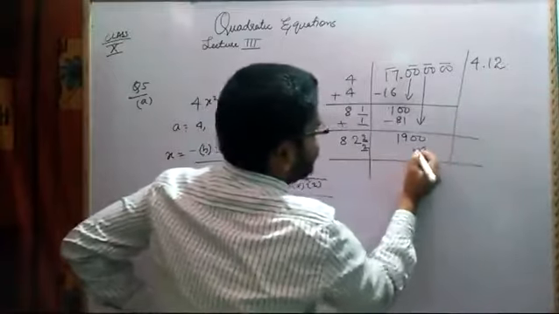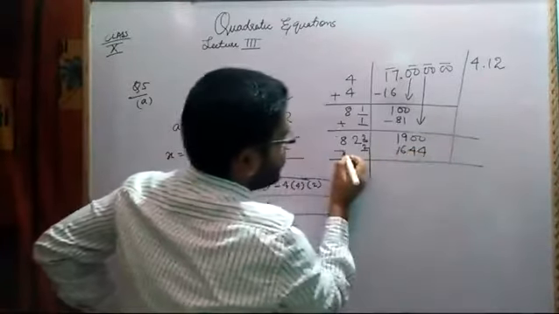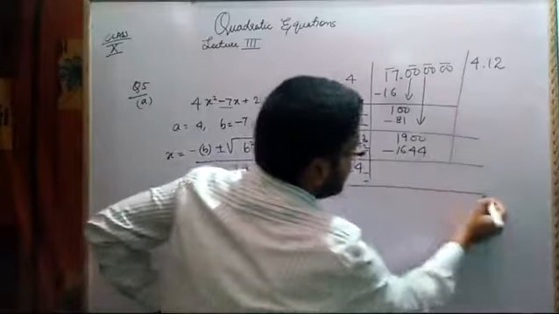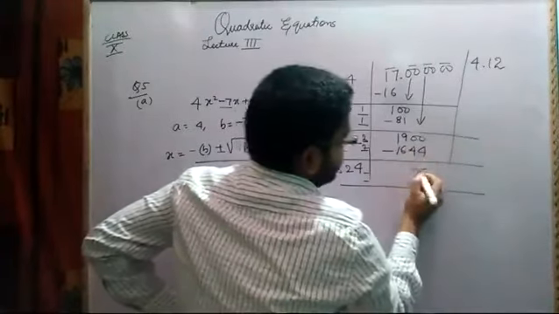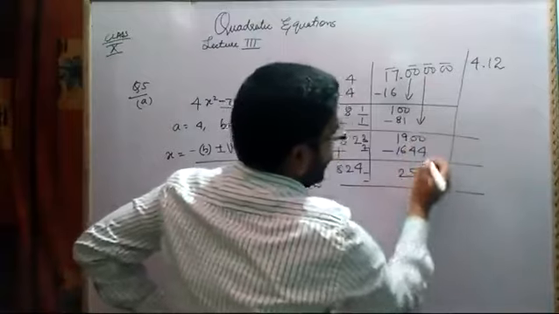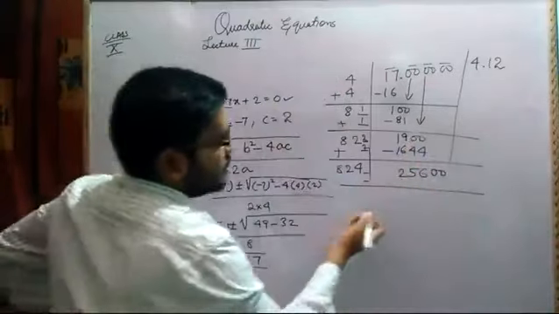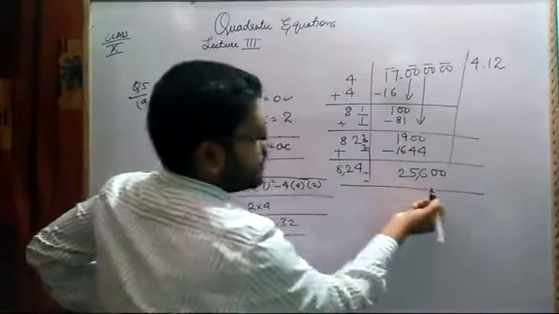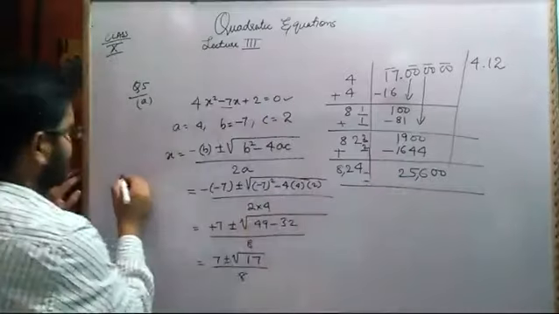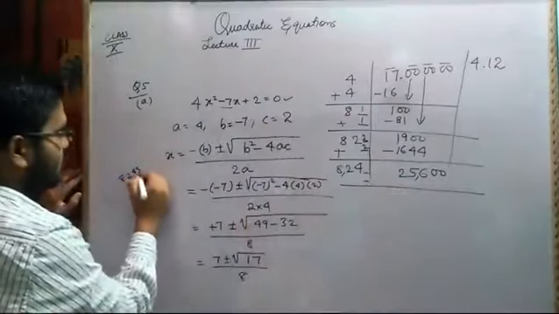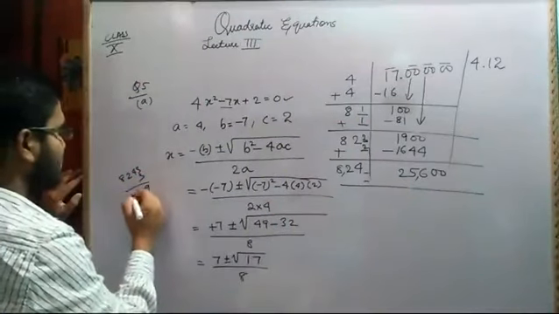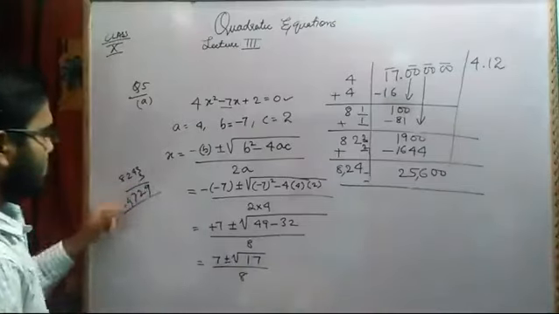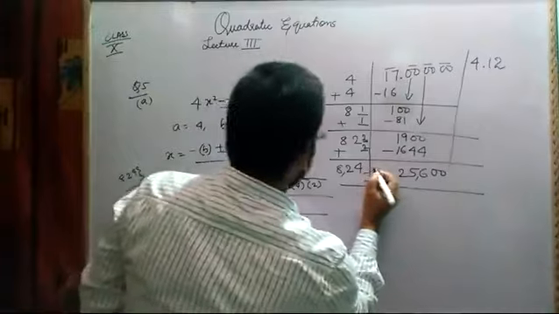So 2 2s are 4, 2 2s are 4, 8 2s are 16. Then your task is add, subtract. Here 4, here 2, here 8, blank space, then subtraction. 9 minus 4, 5, 8 minus 6, 2. Now again double zero. Here we are having 25,000 and here 8,000 something. If I write 3, it will exceed. 3 3s are 9, 4 3s are 12, 8 3s are 24. 4 won't go, 8 4s are 32. So it will go by 3.